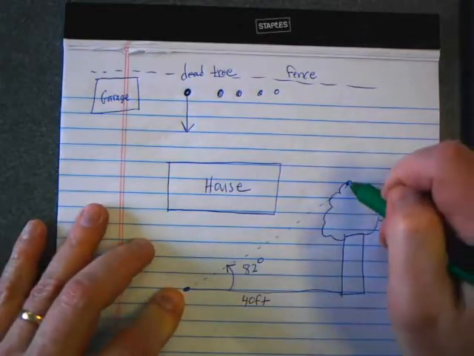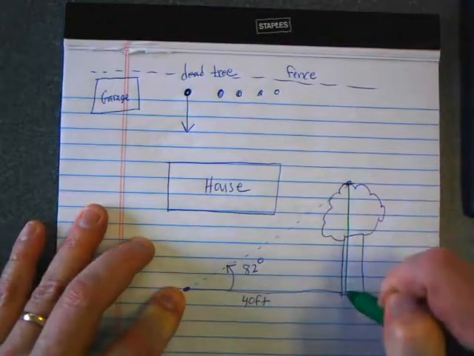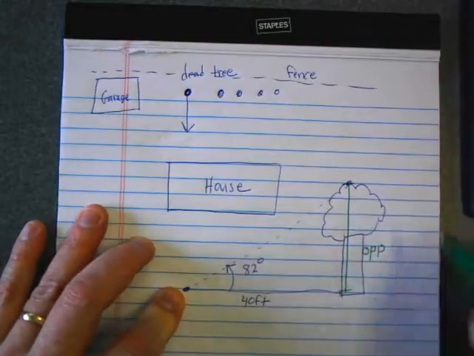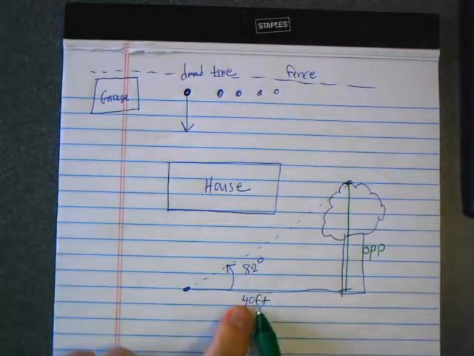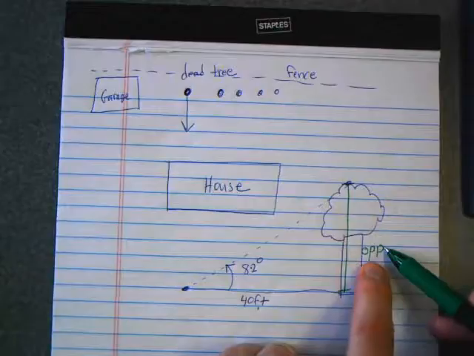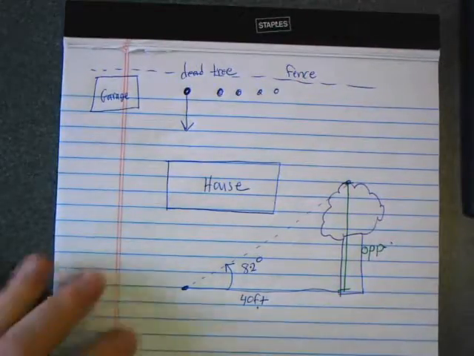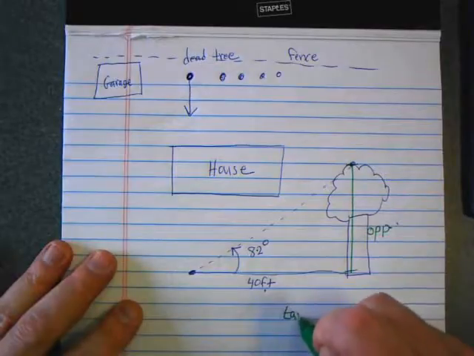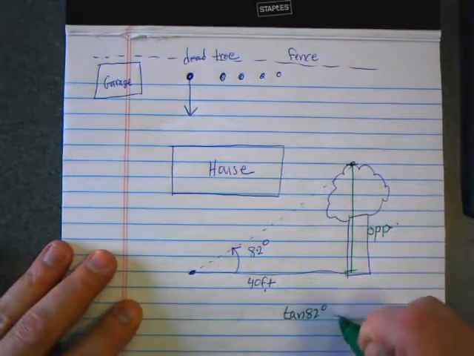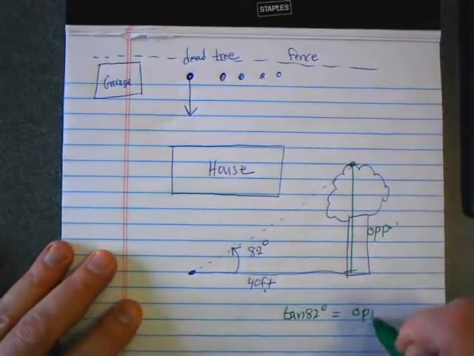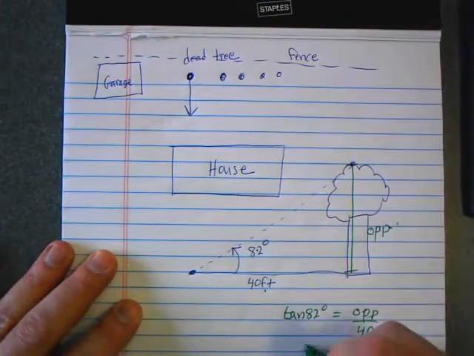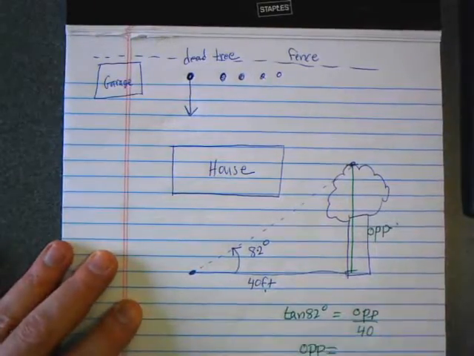I want this length here. This is opposite. So I have angle, I have adjacent, and I want opposite. What uses opposite and adjacent? Tangent. So I went tangent of 82 degrees equals opposite over 40. So the height of that tree was about